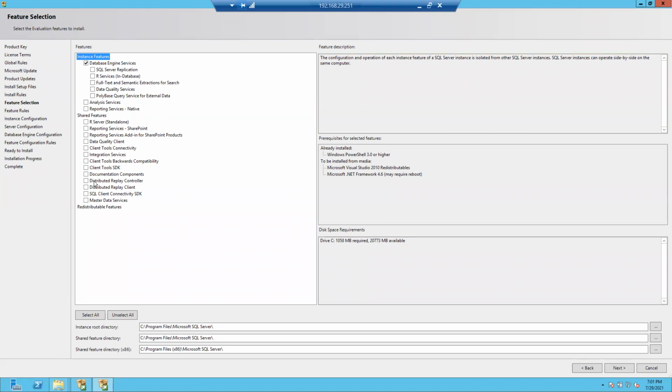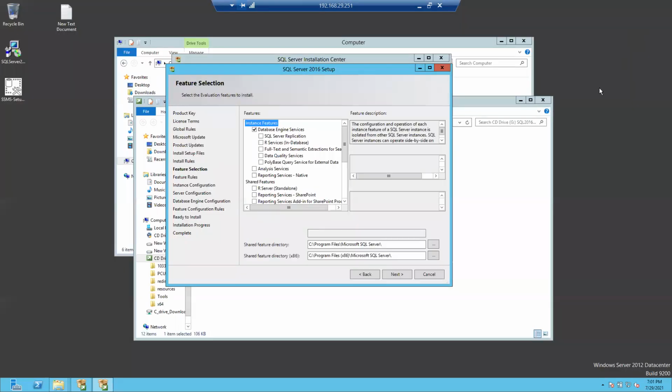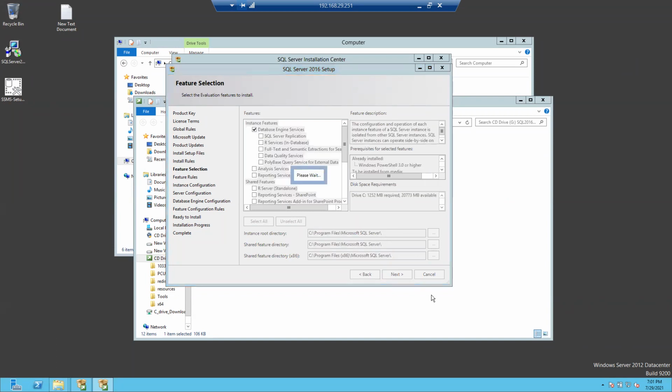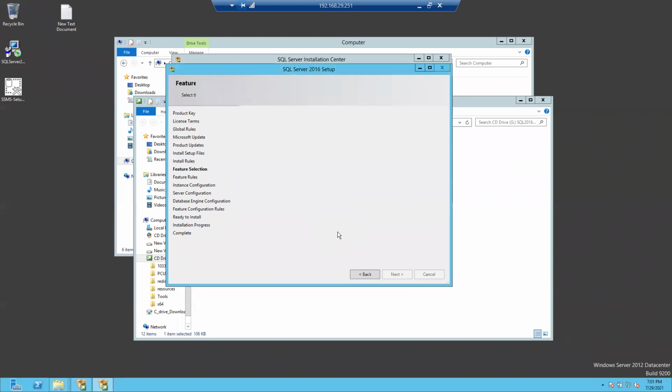So here nothing is required. This is a server, not required. Just click on client tools connectivity, one thing, and go to next. So go to next. See below is the instance directory, root directory, right?